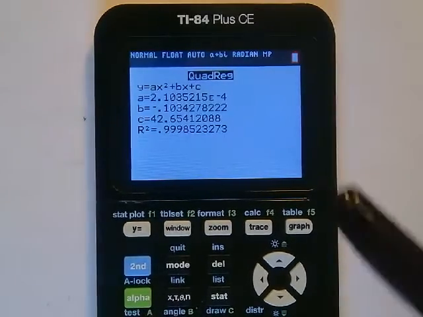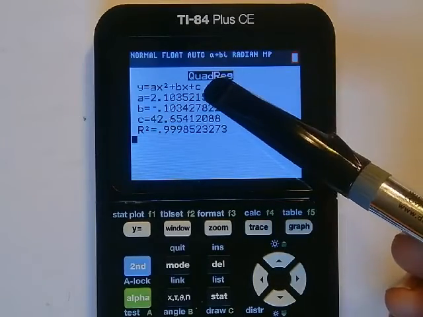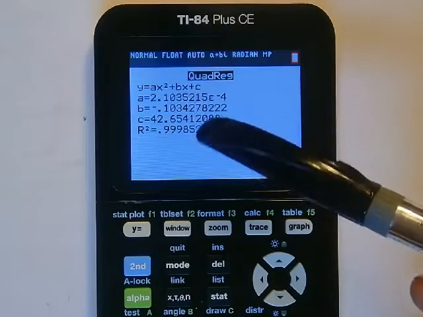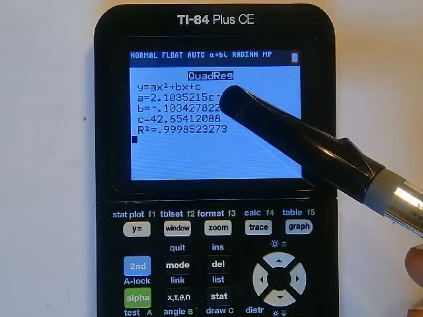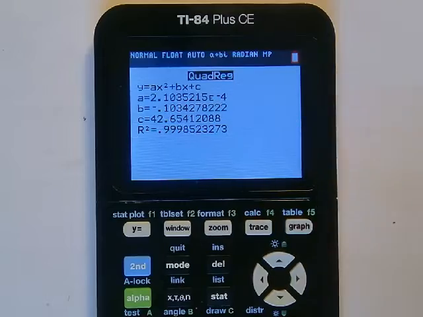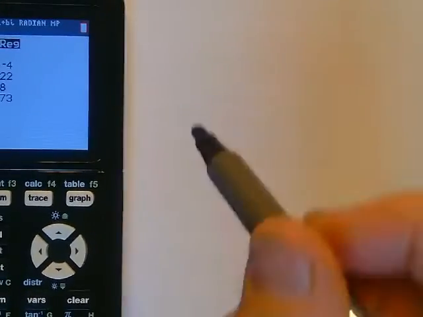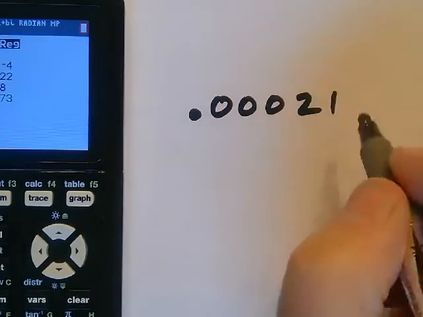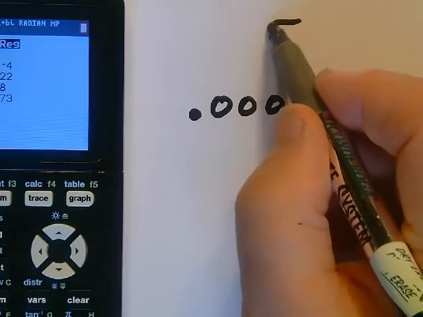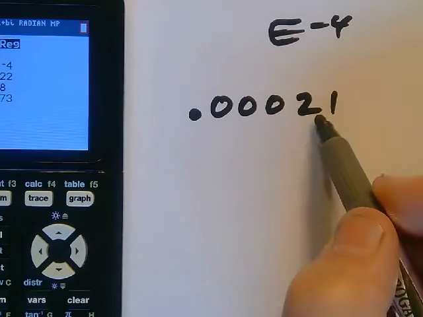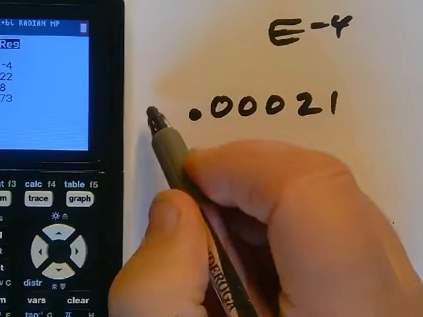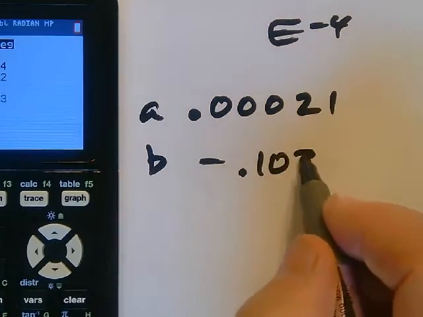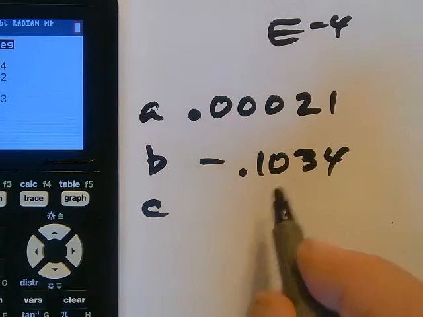Now notice at the top you'll see that this is the quadratic regression. It's got A, B, and C. There they are. You can see that this number's really tiny. It says e to the negative 4. What is that number? That means my decimal's been moved over. This is 0.00021. E to the negative 4 means I moved it over 4: 1, 2, 3, 4. So there's your A value. And B is negative 0.1034, and C is